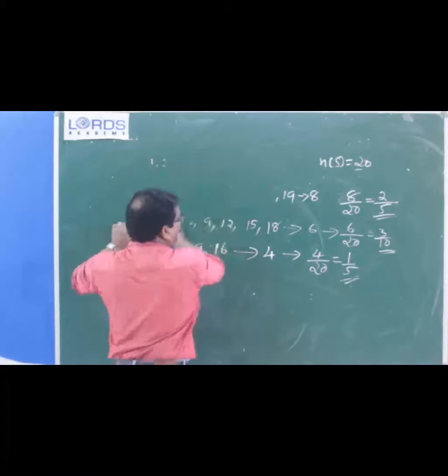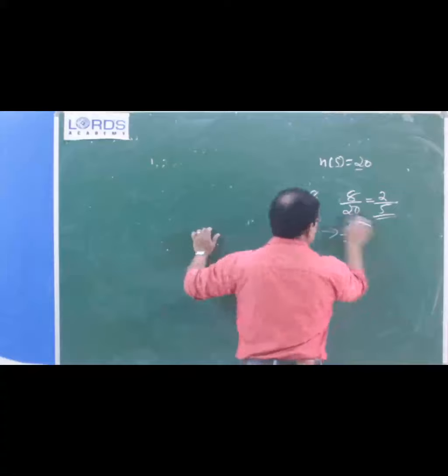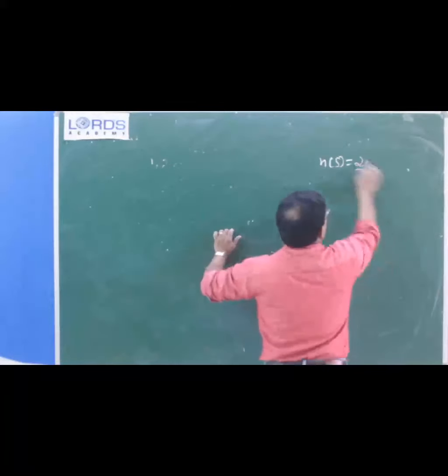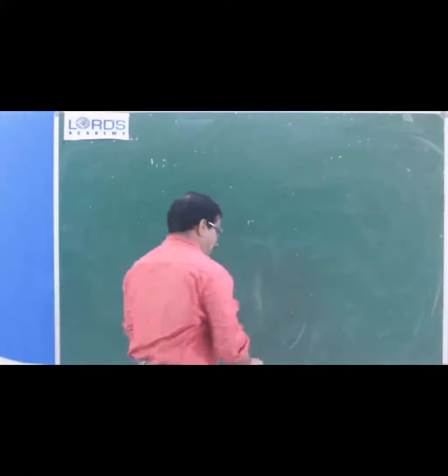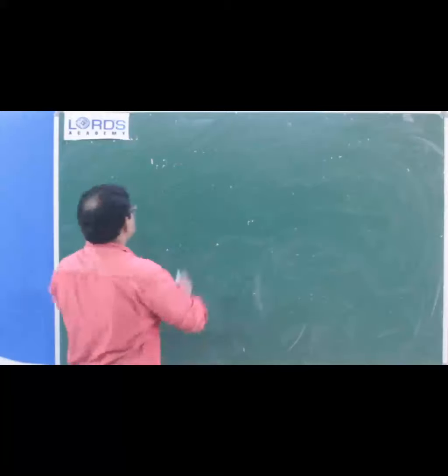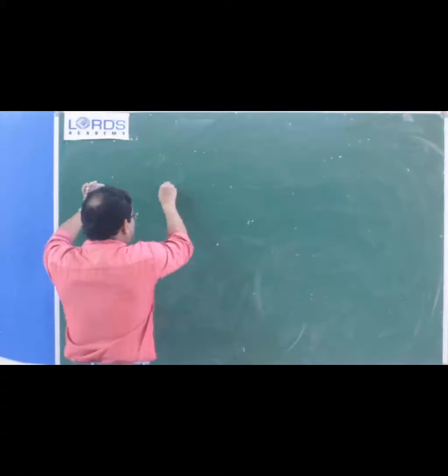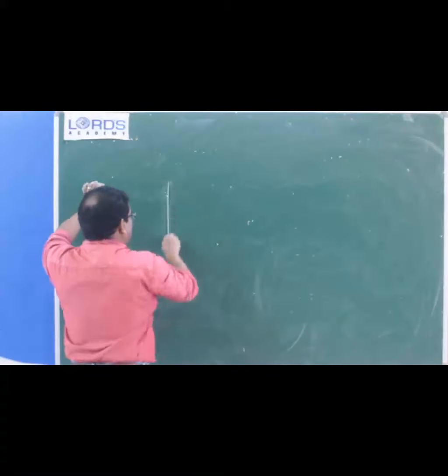Okay. So, you all listen. Only one variety question is there. The other questions are repeated questions. Don't worry about it. This is telling that here there is a rectangle.